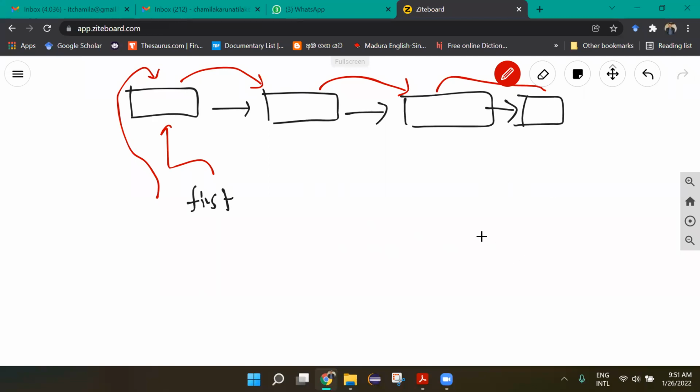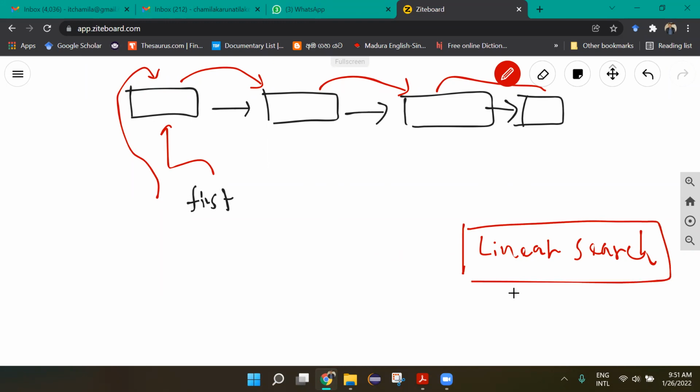So it is linear search. In a linked list, it is always linear search. So linear search is big O n. In an unsorted array, again it is linear. In a sorted array, then only we can achieve big O log n in binary search. But in this case,